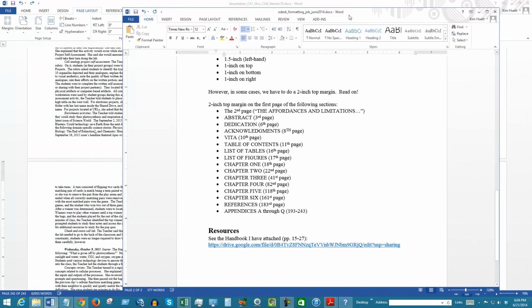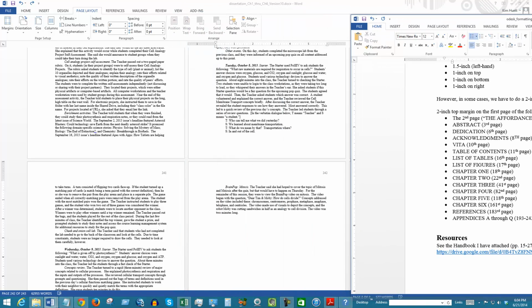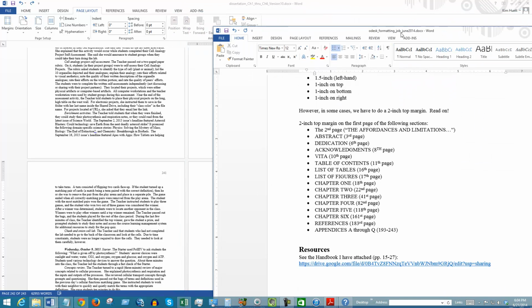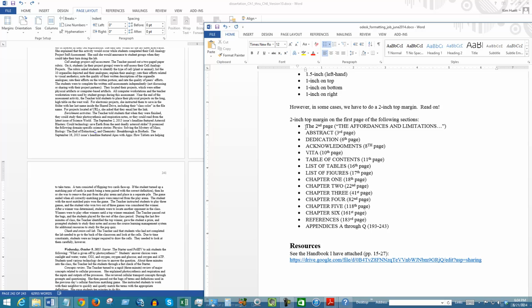So I'm going to go ahead and slide this over and show you what I mean. But I'll go ahead and talk it through for a second. The second page, which is the title page, I'll put that title/second page where it starts with the affordances and limitations. That needs to have a 2-inch top margin. The abstract page